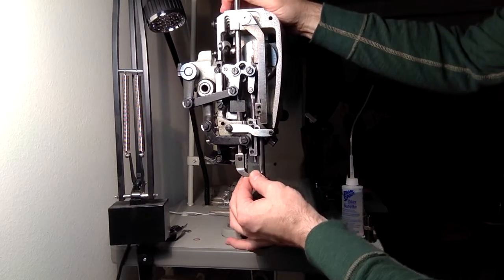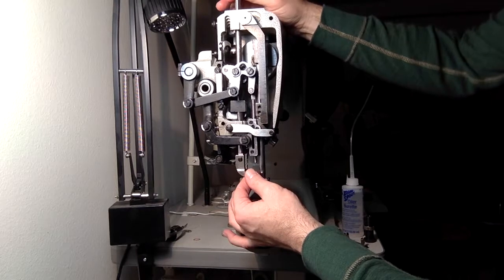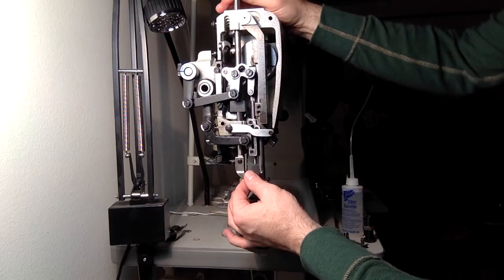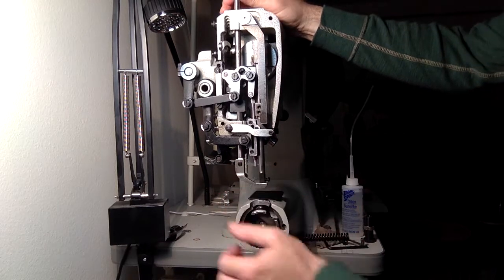In my opinion, I wouldn't think that you would want this thing to be moving around quite this much. I don't know if it's obvious how much it moves there. Wouldn't think that that would move a whole lot. So I believe